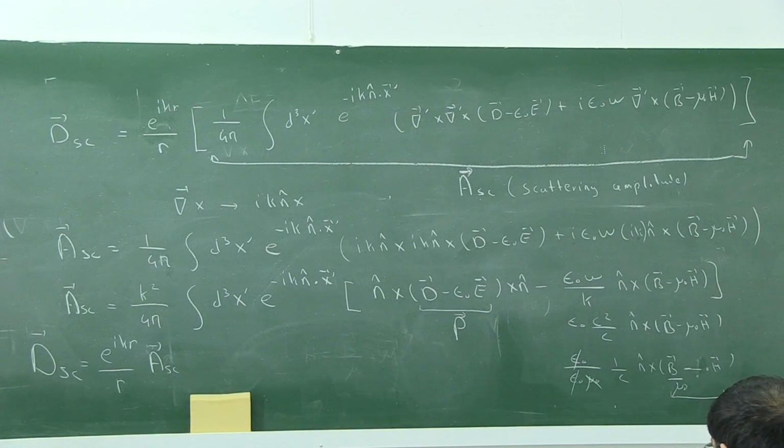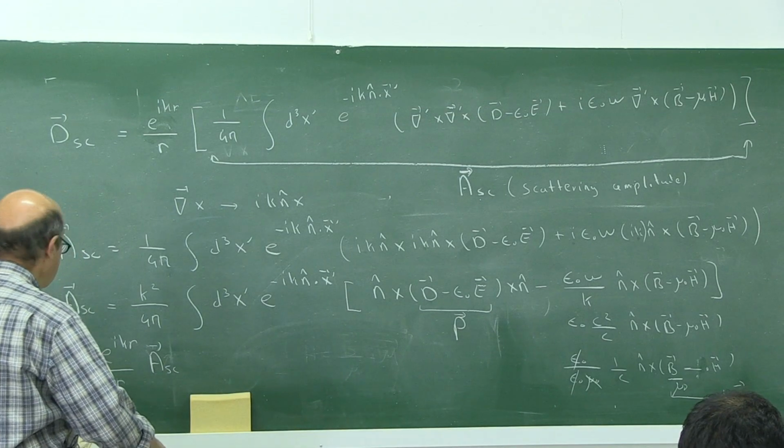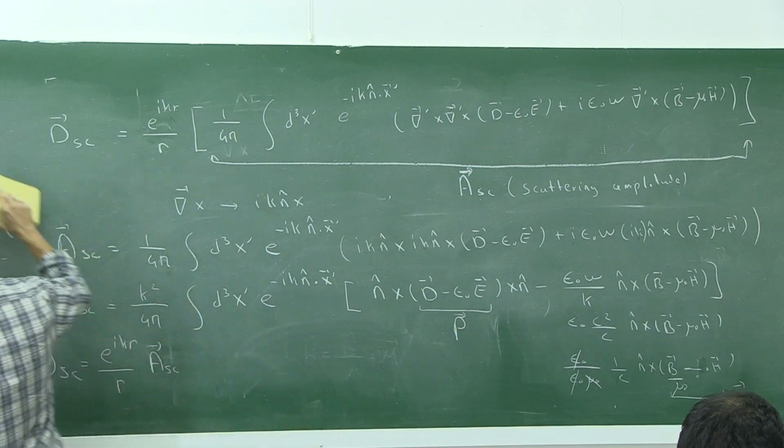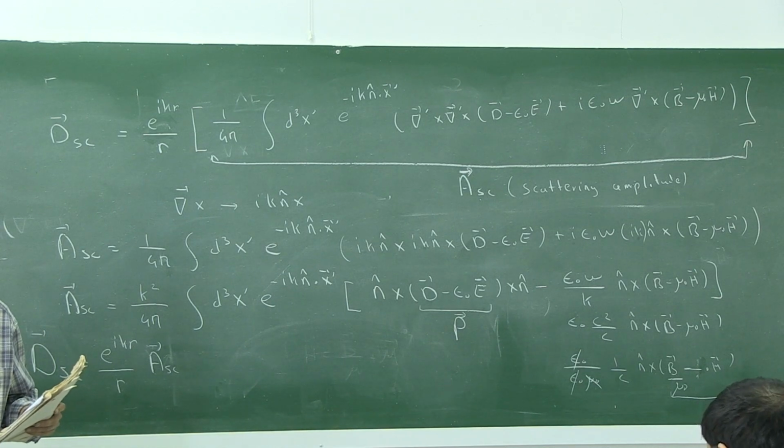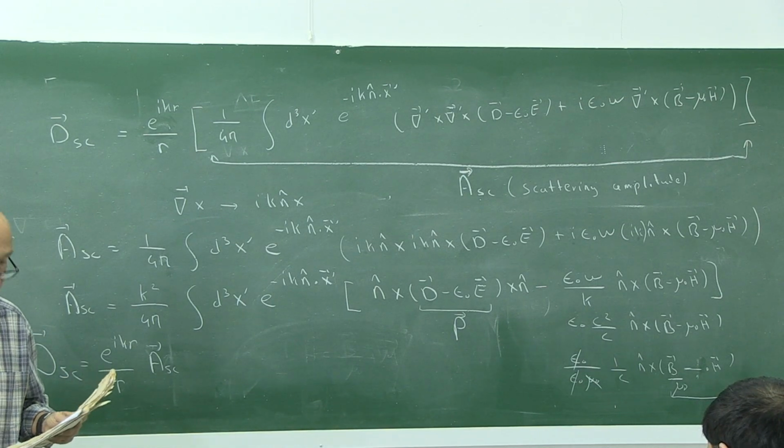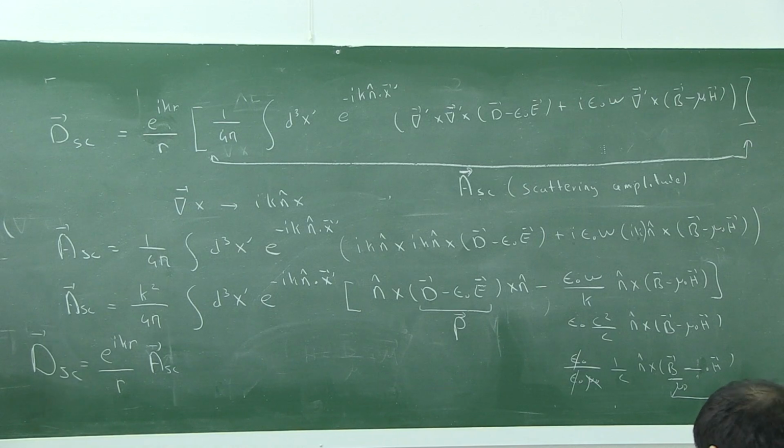Yes, this is the formula. If you have a single electric dipole and magnetic dipole, scattered fields are treated as radiation from the dipoles, and the formula for the E scattered was the following: